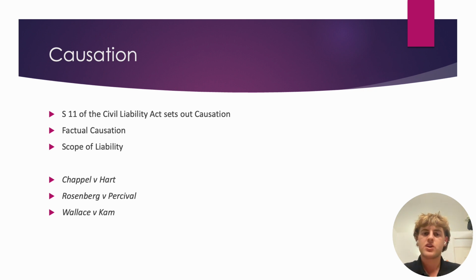And Section 11, subsection 4, for the purpose of deciding the scope of liability, the court is to consider, among other relevant things, whether or not and why responsibility for the harm should be imposed on the party who is in breach of the duty. And Section 12 of the CLA also states the plaintiff has the onus of proof on proving on the balance of probabilities any relevant fact to the issue of causation.